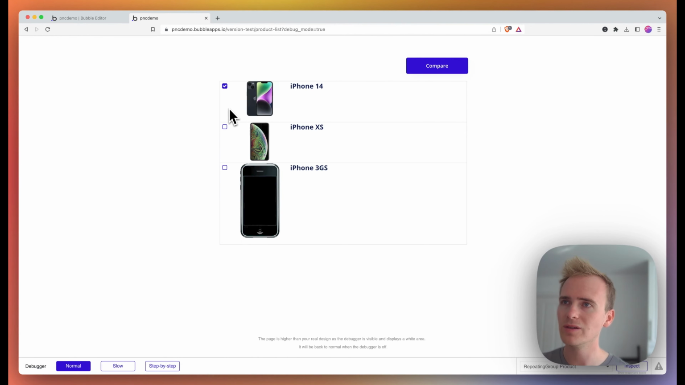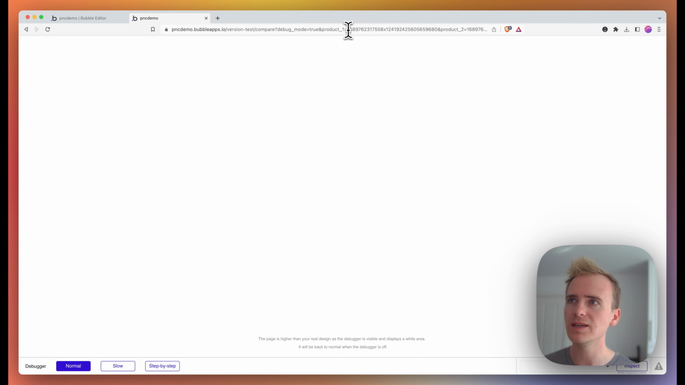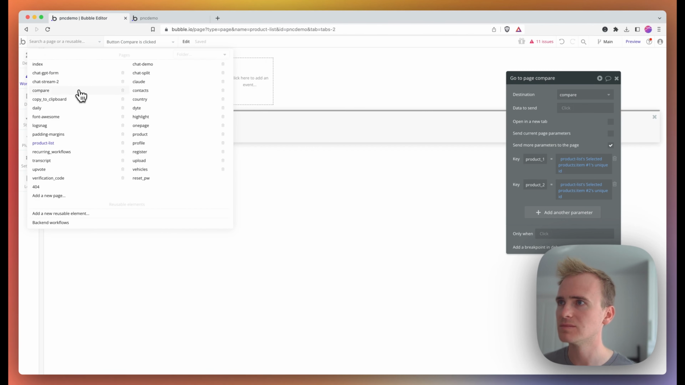So iPhone 14, iPhone XS, and then if I click compare, you can see that Bubble puts the unique ID for the iPhone 14 and then the iPhone XS in the URL. And so now that it's in the URL, I can retrieve it. So I can go to my compare page,